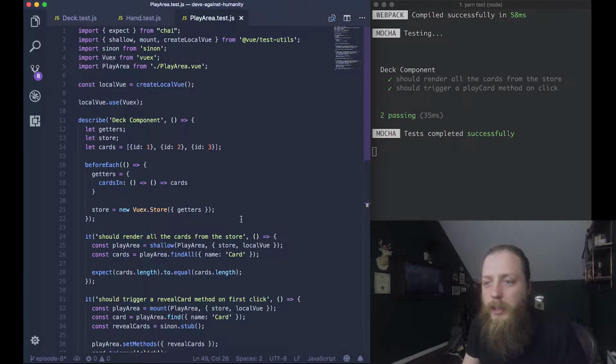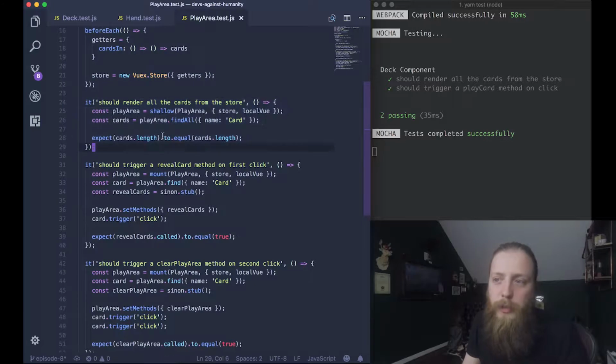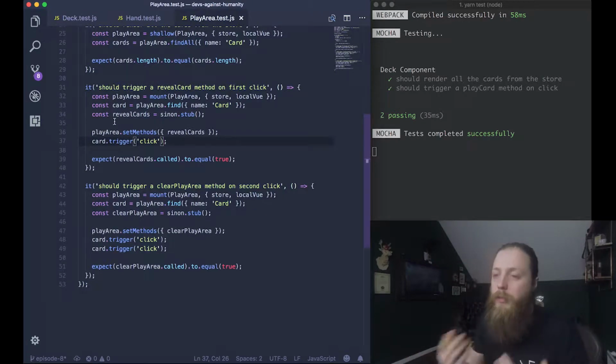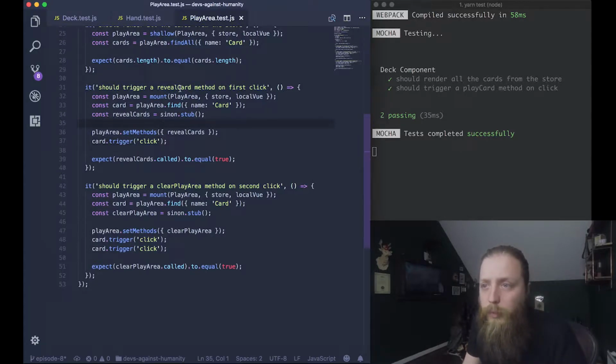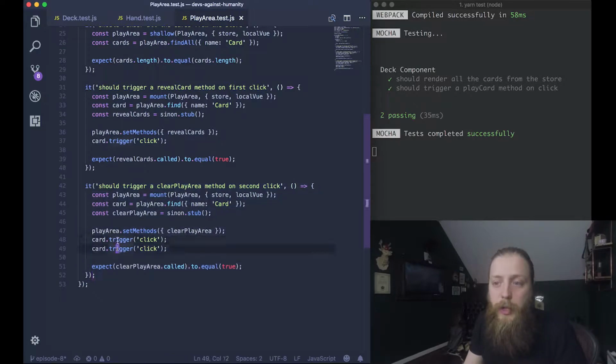Play area test is again very similar. We've got the same setup here, and we check that it renders all the 3 cards that we've passed to it. But we have 2 different things on the play area, because the play area has 2 actions. On the first click, it reveals the cards. On the second click, it clears the cards. So what we've done is we run the test once and we check that reveal cards has been called in much the same way as we did the other tests. And then we have a separate test that triggers the click twice, and then we expect clear play area to